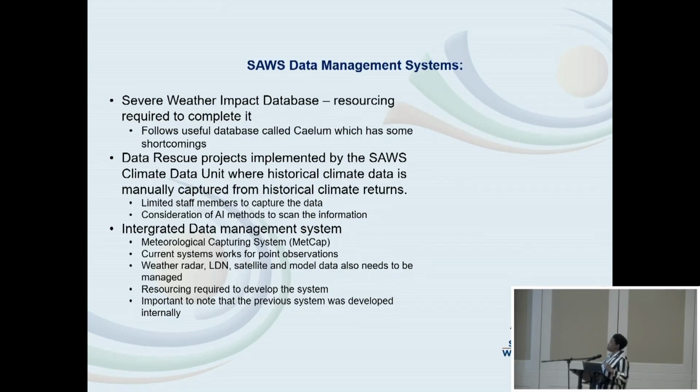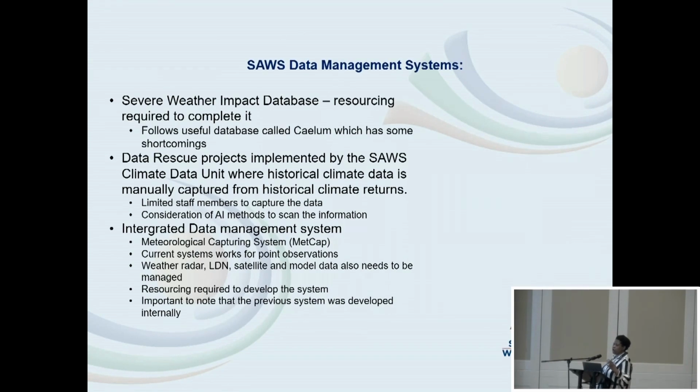Although it is a selling point for the weather service, there are some limitations because some of the people that report these severe weather events are journalists. They will see rainfall occurring and say, okay, there was flooding in a particular place. But when you trace it, it was not flooding, only heavy rainfall. And sometimes they'll say maybe flooding in Pretoria. Where in Pretoria? You don't know. Pretoria is quite big.